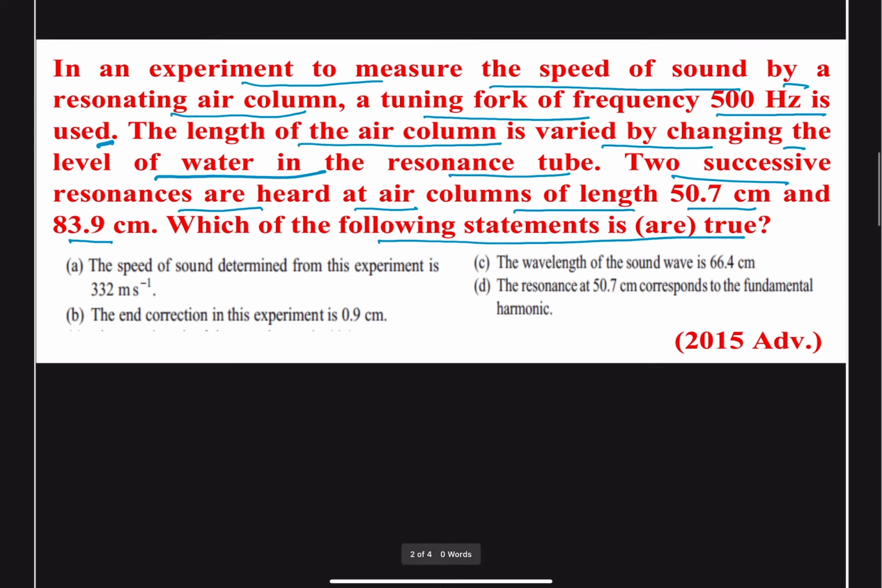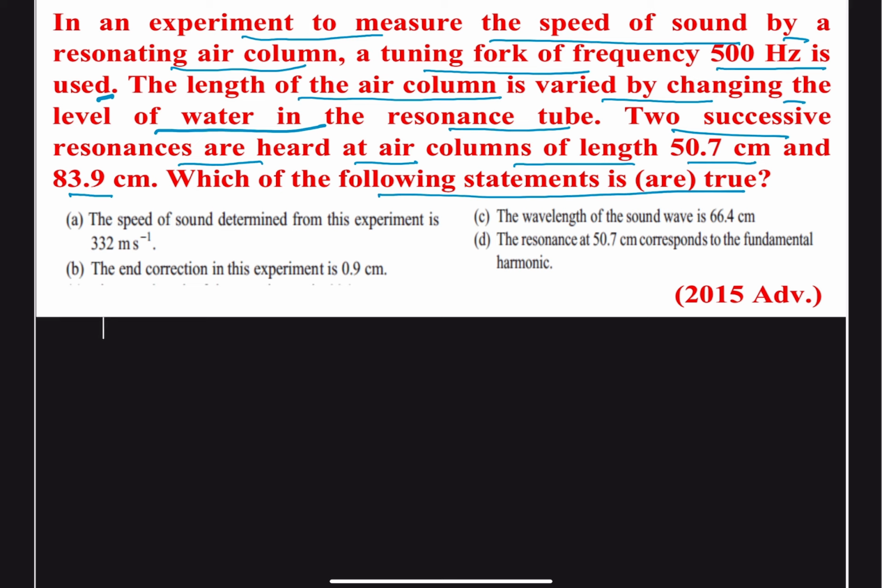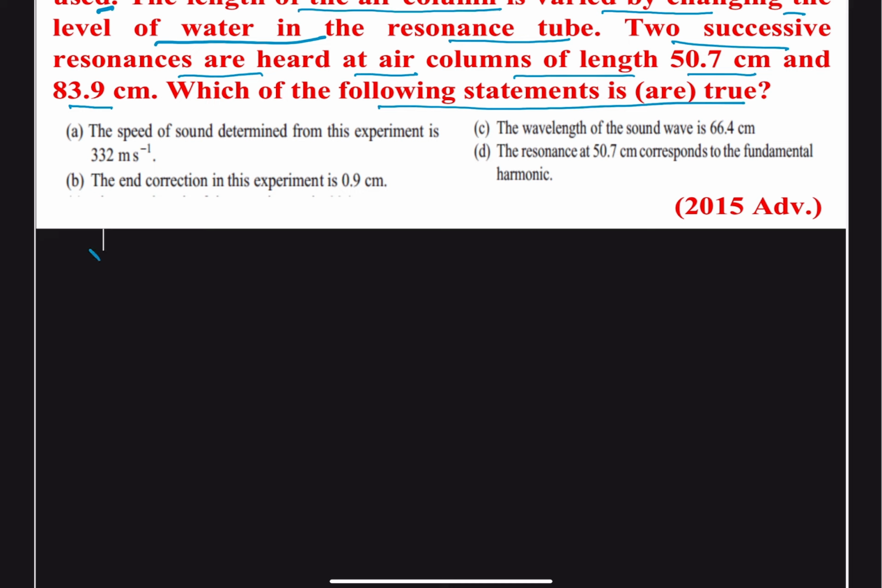So in this case, we can check whether all these four options are correct or not. We are given that there are two resonance lengths, 50.7 centimeter and 83.9 centimeter, and the frequency of the tuning fork is given as 500 Hz. So we can write that the frequency of the tuning fork is 500 Hz,